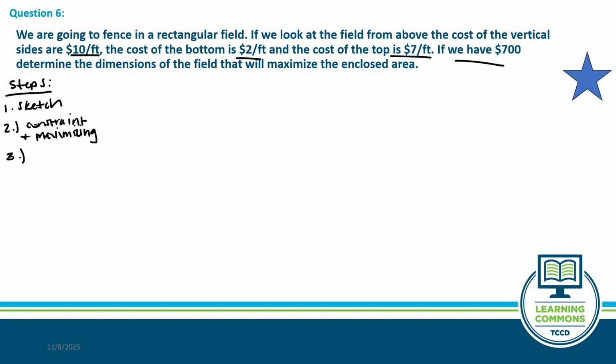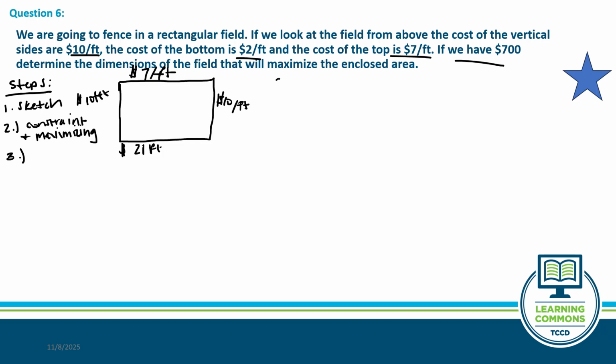So let's just start there. So sketching, I got a rectangle. Made it really, really ugly, but it's okay. So 7 feet, $7 per foot on one end. $10 feet, $10 per foot on these two ends, and $2 per foot on this end. Okay, so